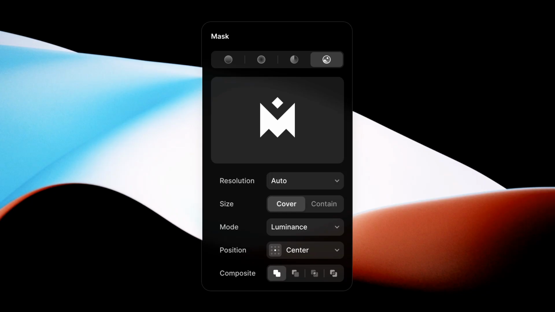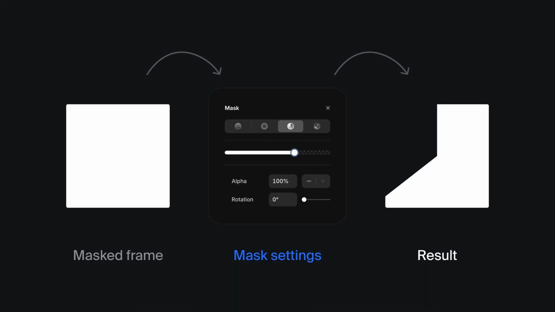Select the layer you want to mask, then go to the Styles panel on the right and find the mask option. You can choose from several mask types: alpha gradient, which fades content based on transparency; luminance, which uses pixel brightness to define visibility; or image/SVG, where you can import an SVG, PNG, or GIF to serve as the mask shape. Once selected, you can adjust sliders to control direction, intensity, and rotation, giving you precise control over how your